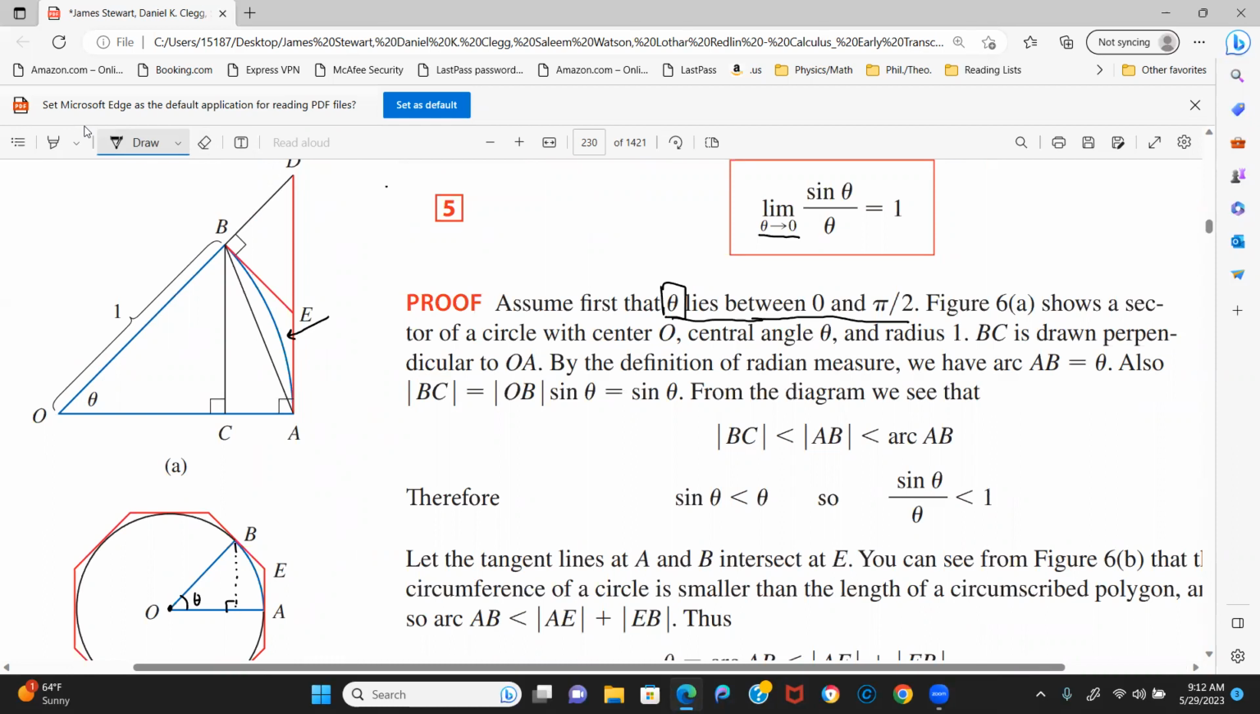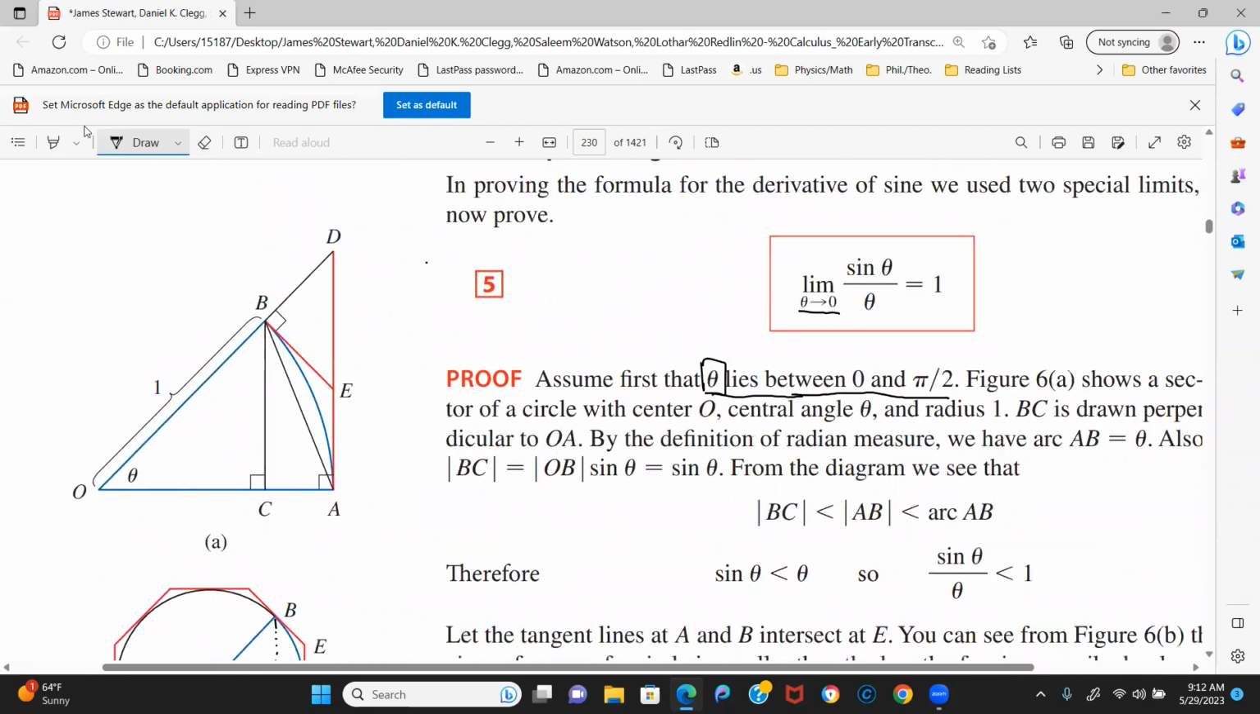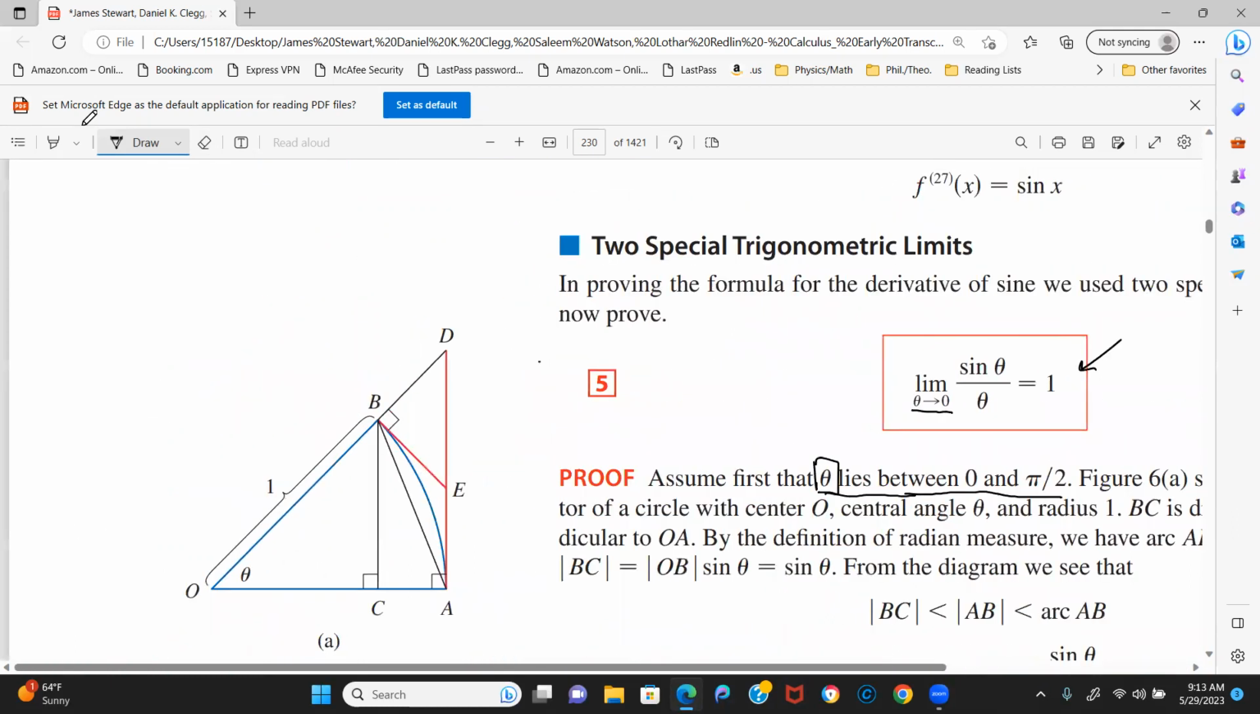It's just going to be this arc length of length AB, and so there are going to be two. We're going to prove this limit right here. We're going to prove two things, and we're going to use two things. So we want to show this inequality, and then